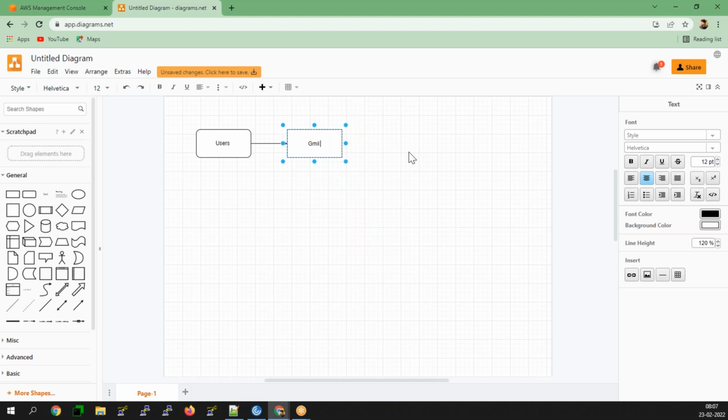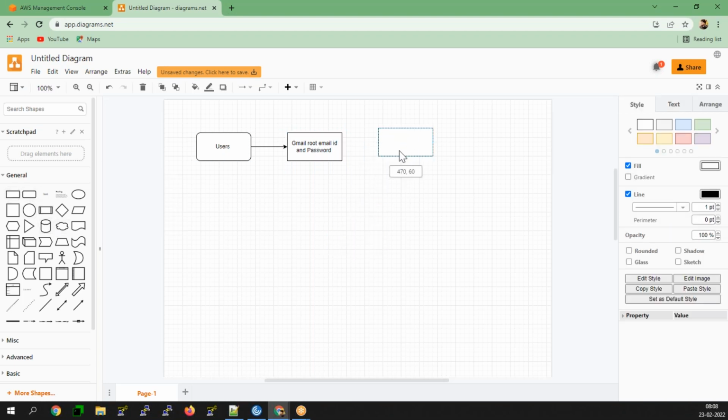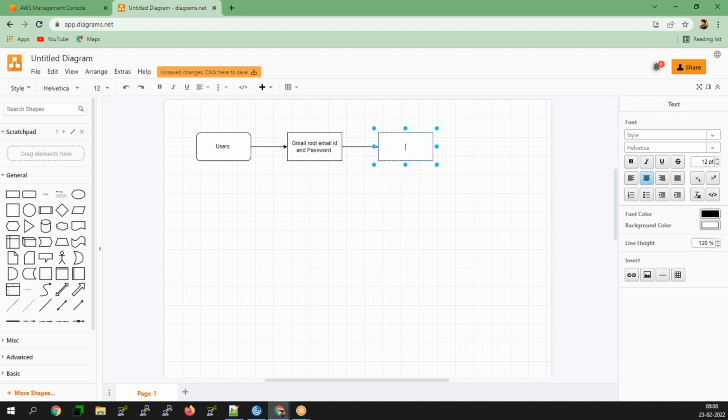This is called the root account, and this root account access should only be with the project manager.